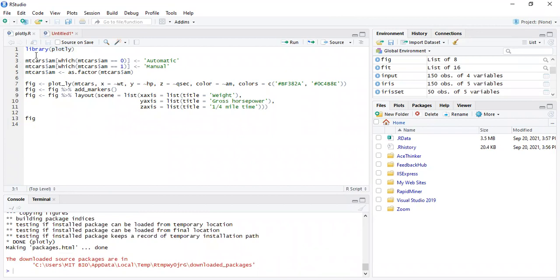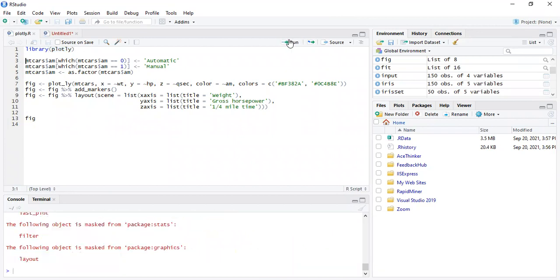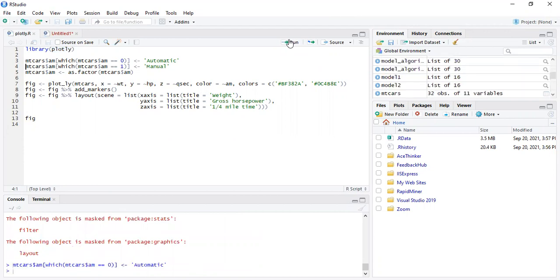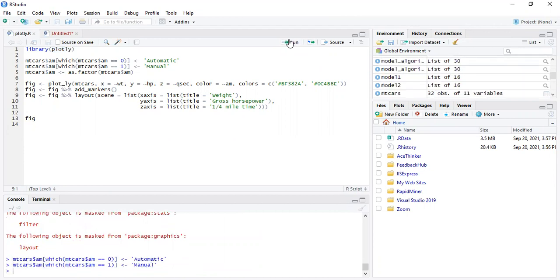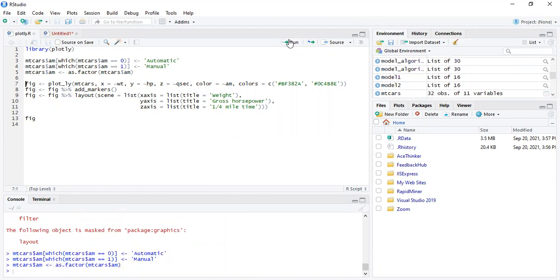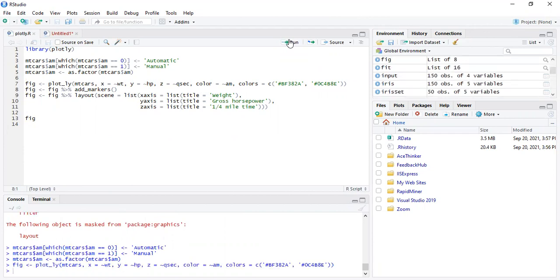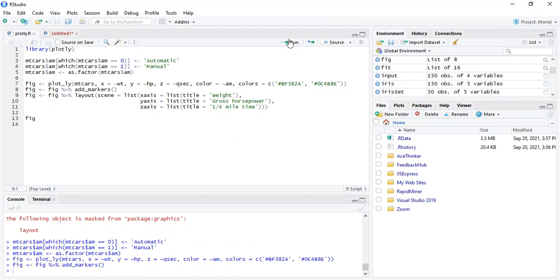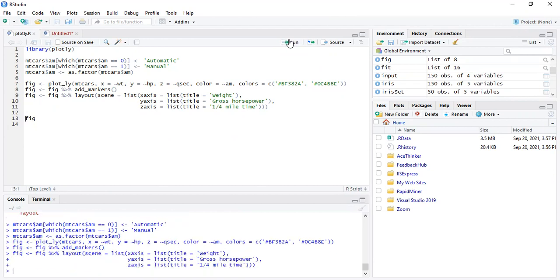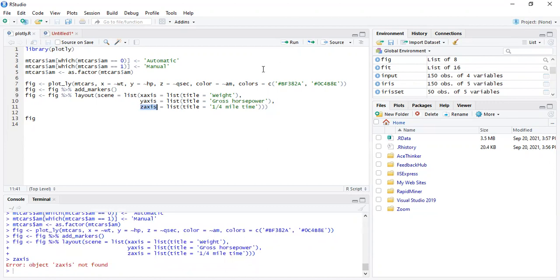Then we are going to run the command like this. Okay. After this, the data has been called as automatic car, and then the manual car, and the data with respect to the factors has been included. Now we are going ahead for visualizations. So figure X and Y has been defined, and then also the color has been defined, and the marker has been added in the next command. And after that, we are defining the particular title, weight, and the particular z-axis over here. So x, y, and z axis has been defined. So then we are calling the figure. Okay, so we are going to run this.